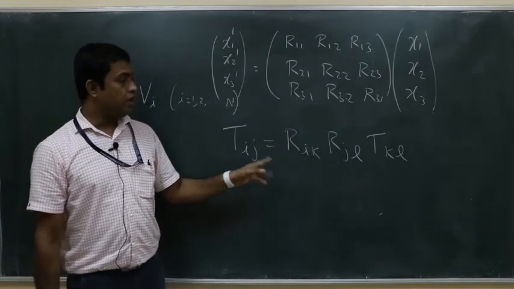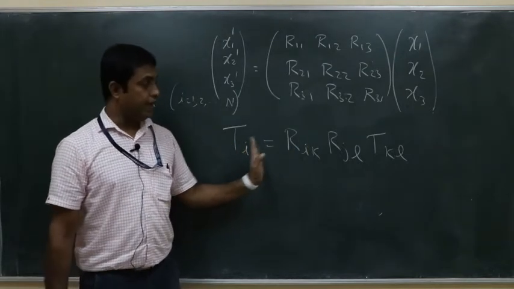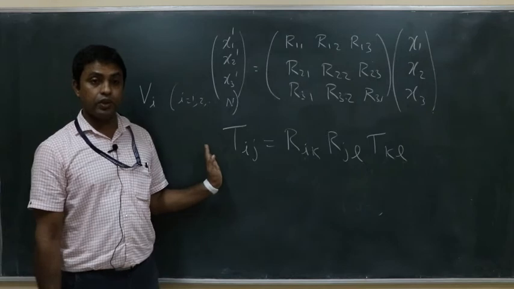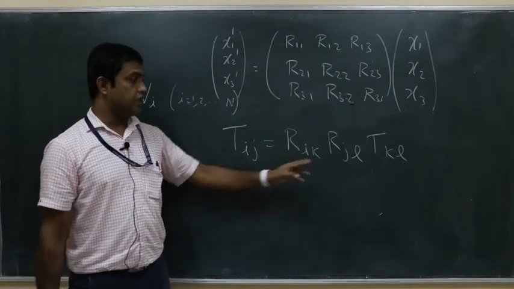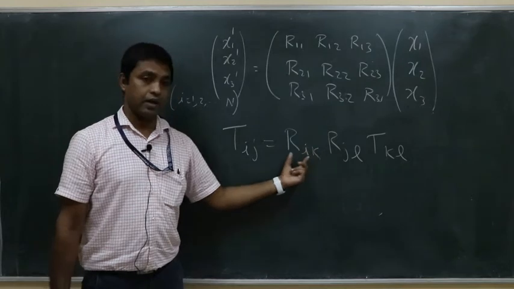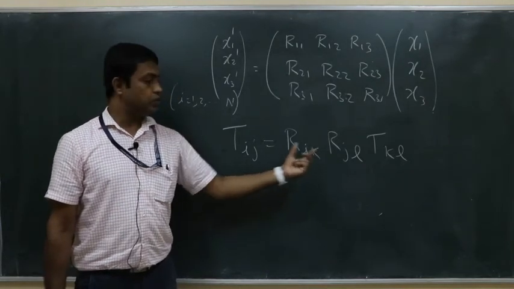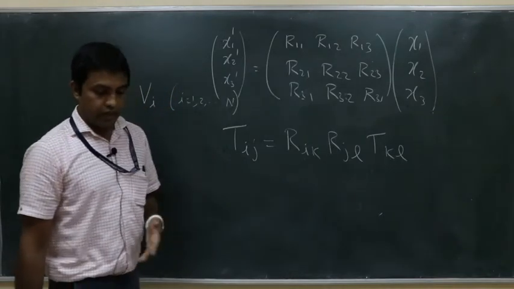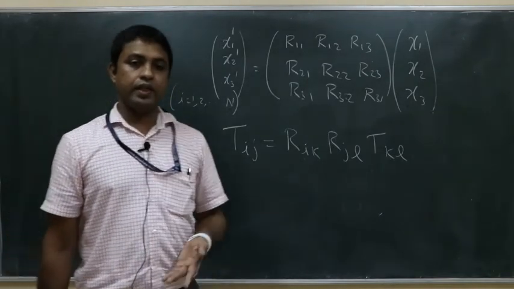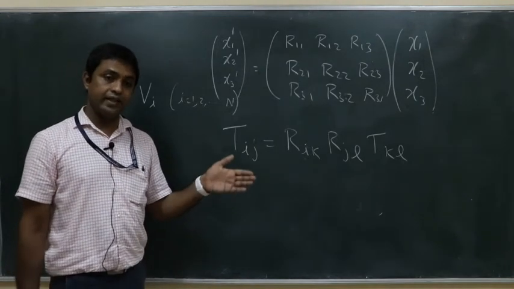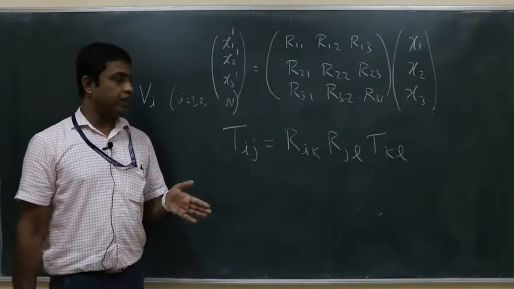Okay. So this is the way a tensor transforms. It is not the exact way our coordinate system transforms. You have to multiply two R matrices, and then only you get this. Regarding covariant vector, contravariant vector, or covariant tensor, contravariant tensor, those things I will teach at the end of this course.